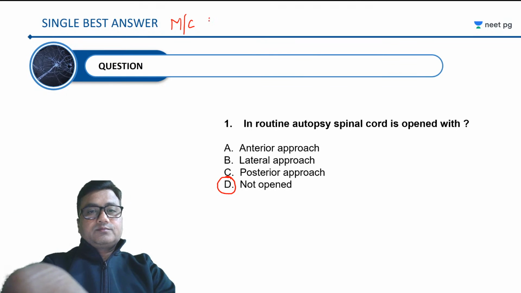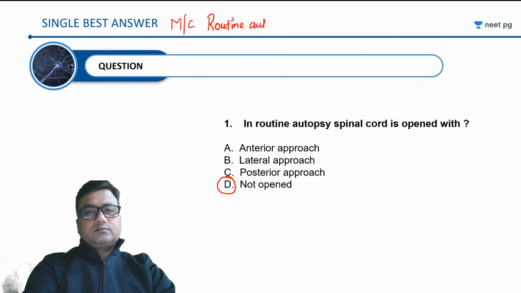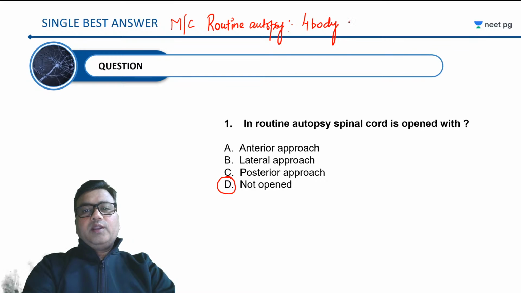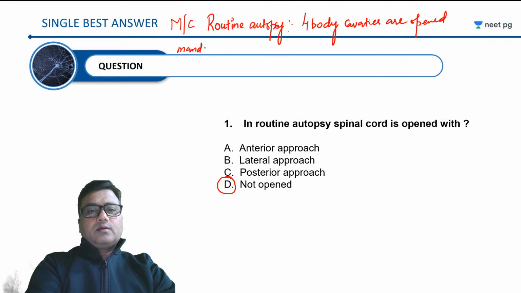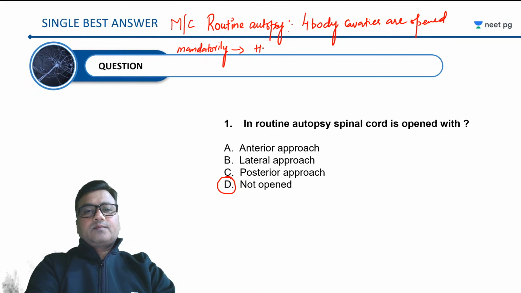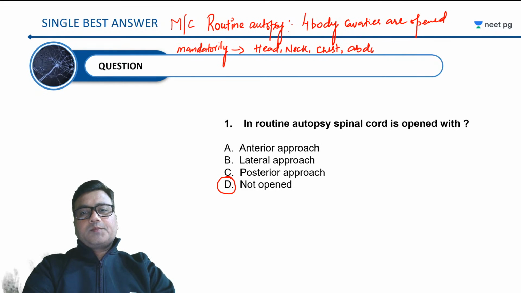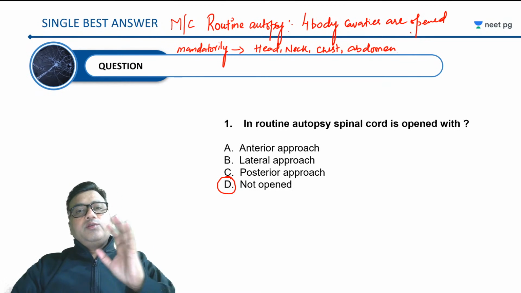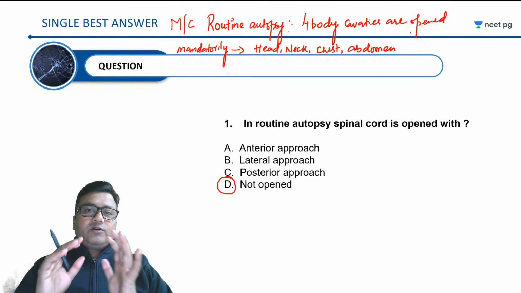So when we say routine autopsy, four body cavities are opened mandatorily, and these are head, neck, chest, or you can say thorax, and abdomen. So in routine autopsies, it doesn't matter where we think the cause of death is, or even if